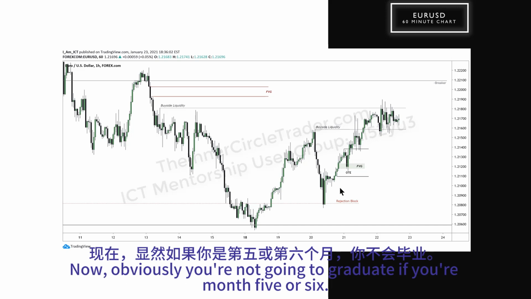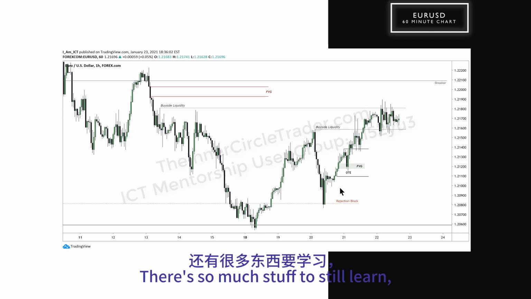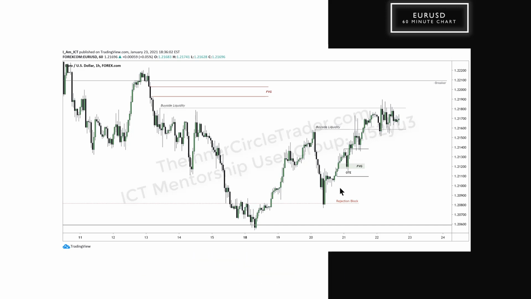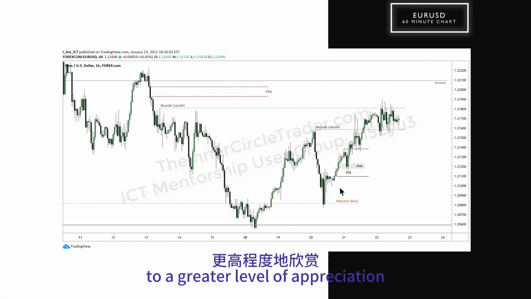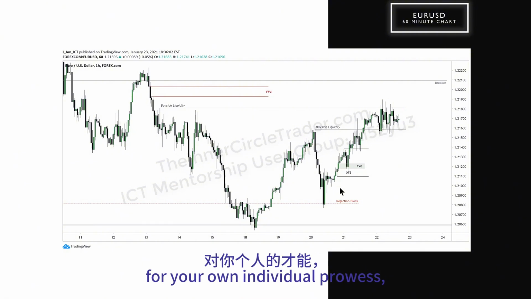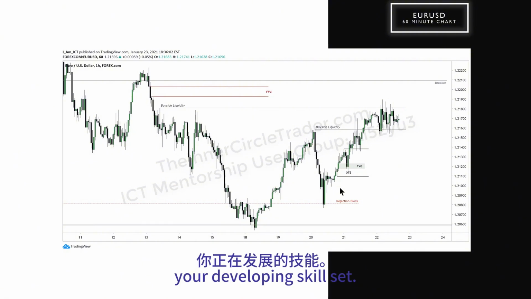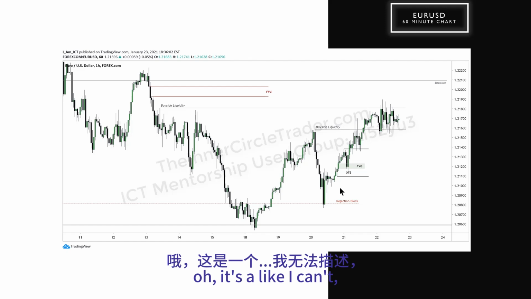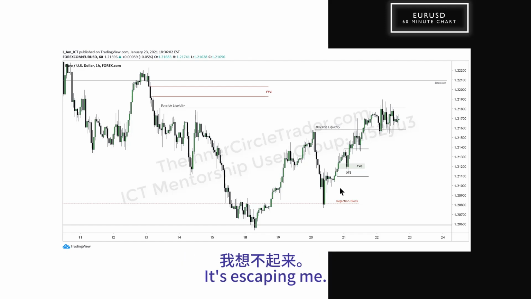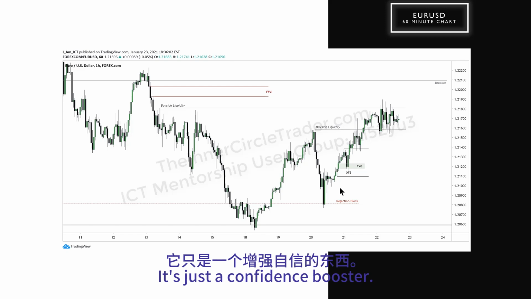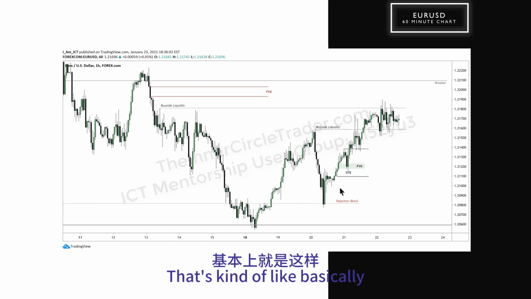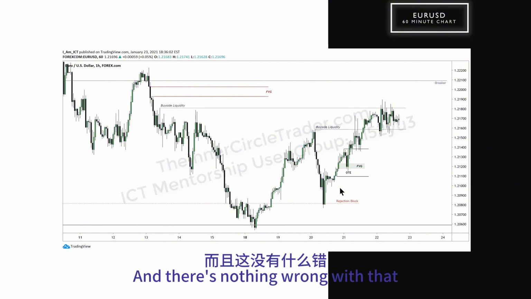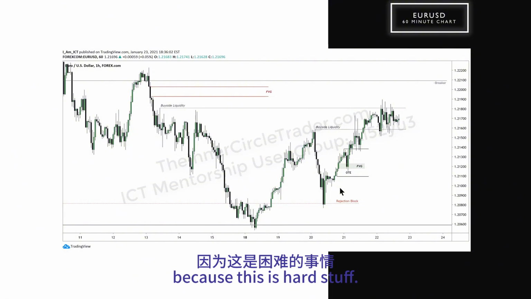Now, obviously, you're not going to graduate if you're in month 5 or 6. There's so much stuff to still learn, but it will allow you to graduate to a greater level of appreciation for your own individual prowess, your developing skill set. And it's such a reassuring, like, there's a word I'm trying to reach for. It's escaping me. It's just a confidence booster. That's basically what I'm reaching for. It just makes you feel like you got a peacock moment. And there's nothing wrong with that,